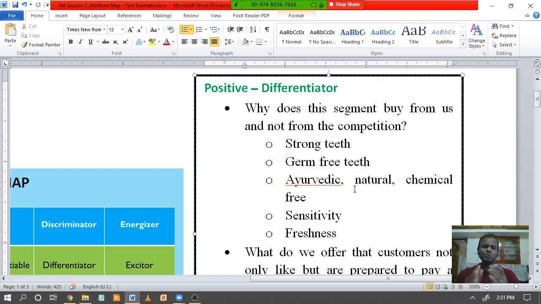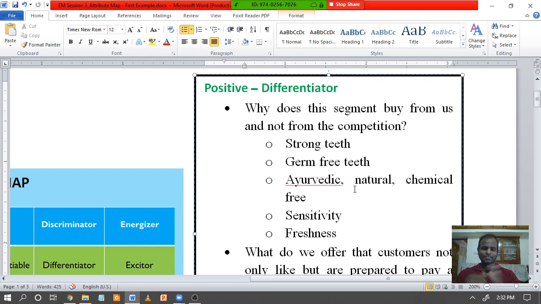So how do you think Patanjali actually segmented this market again? What do you think? What did they do? What was the second step they did? Of course, they advertised through TV channels and all. What was the second step they did? Any idea? Anybody can guess any idea? What do you think they would have done?